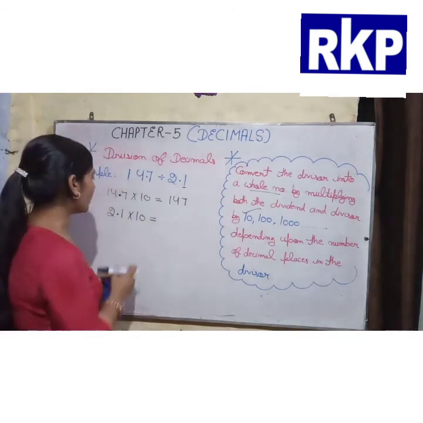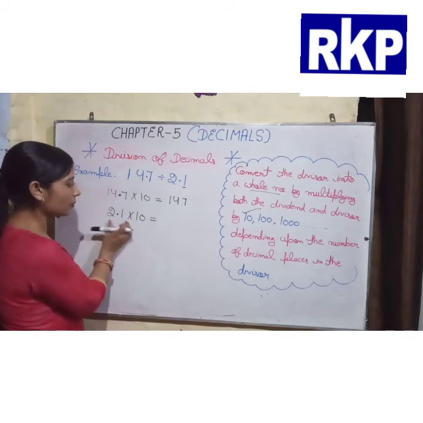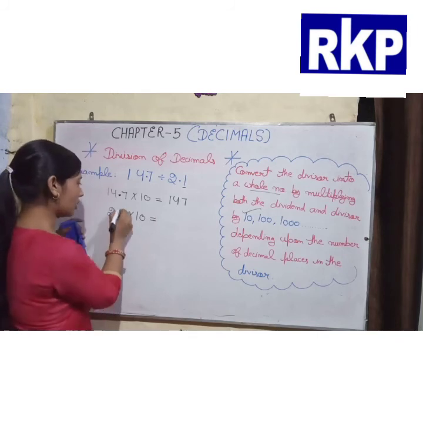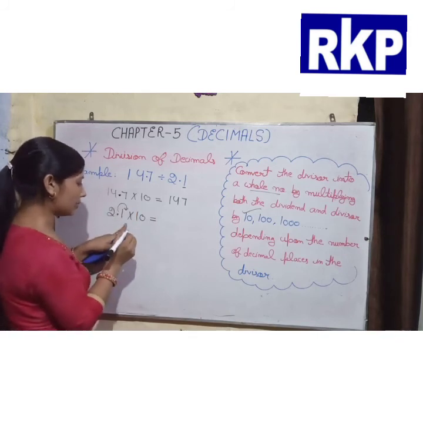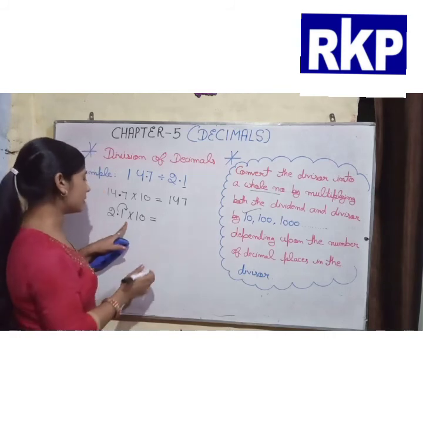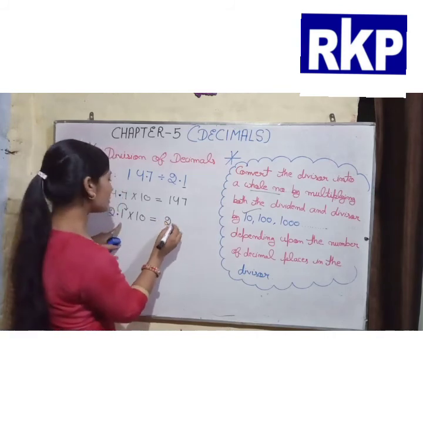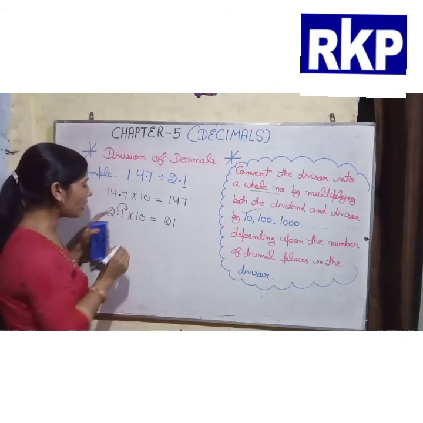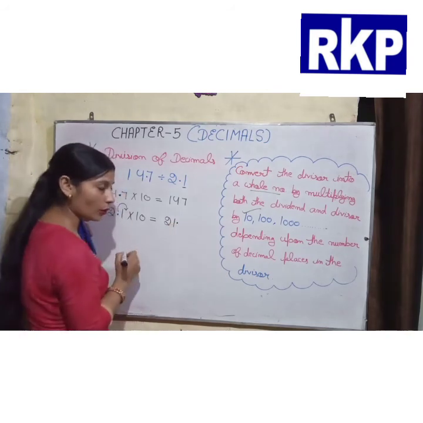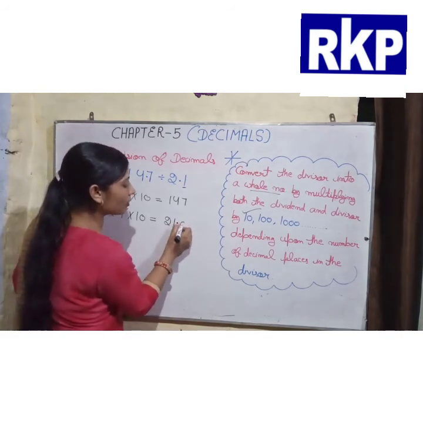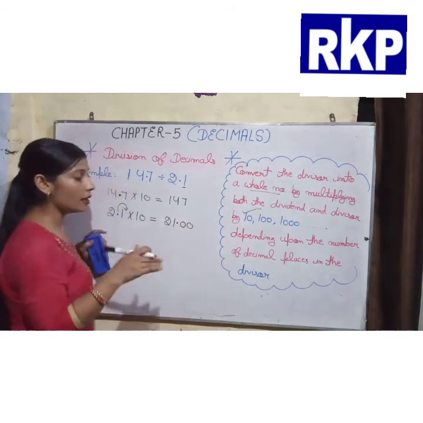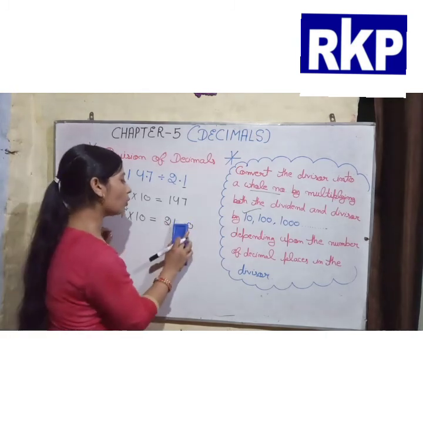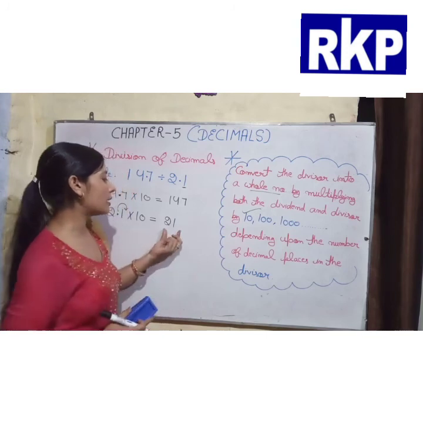Okay, now beta if we multiply 2.1 by 10, then what is the answer? हमारा जो डेसिमल पॉइंट है वो कहाँ शिफ्ट हो जाएगा? आफ्टर 1 place. Okay, after 1 digit to the right side. So what will be the answer? 21, because हमारा जो डेसिमल पॉइंट है वो कहाँ आएगा? आफ्टर 1 means here. Okay, and after this decimal point we can put zeros, but we know beta there is no value of these zeros. Okay, so if we write only 21, then also our answer is right.